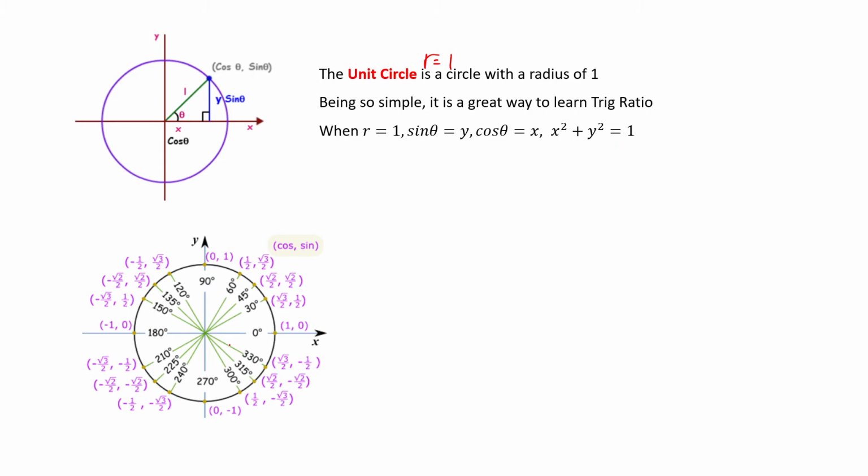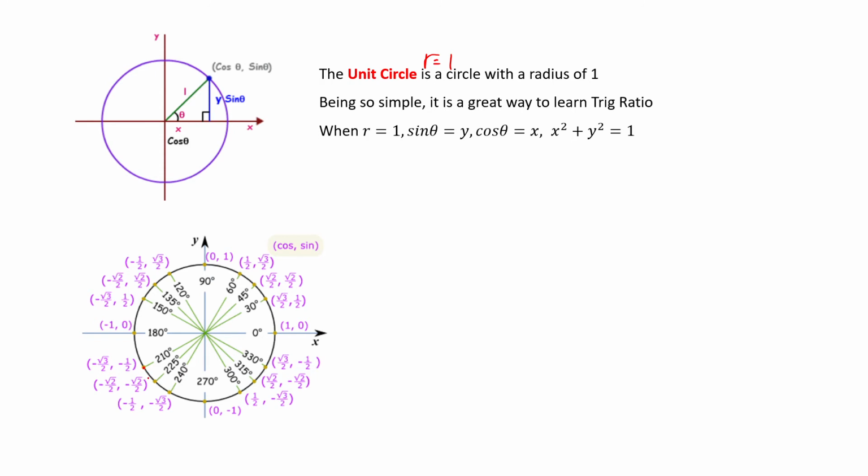So this graph gives some values of some very often shown angles. For example, 30, 45, 60, and those angles. And to calculate the trig ratio of those angles, you can basically pick a point on the unit circle and